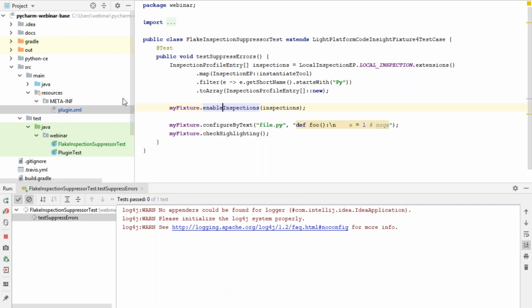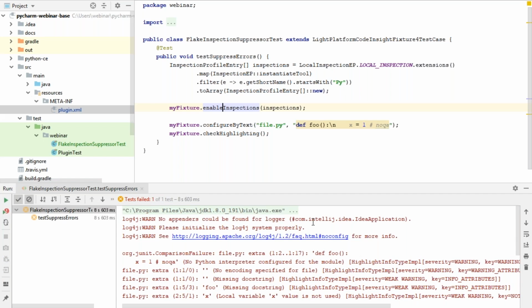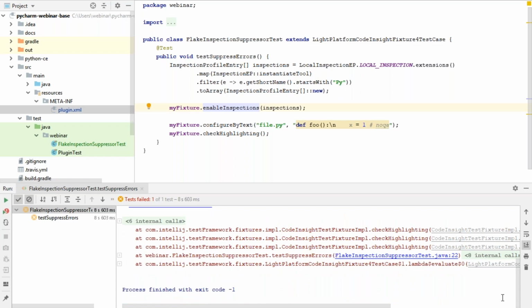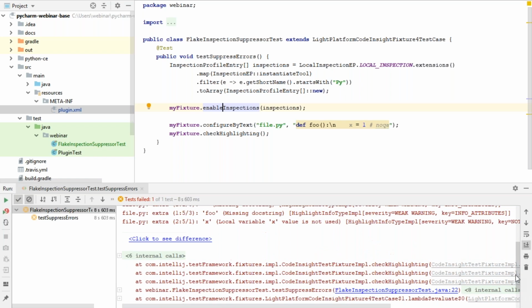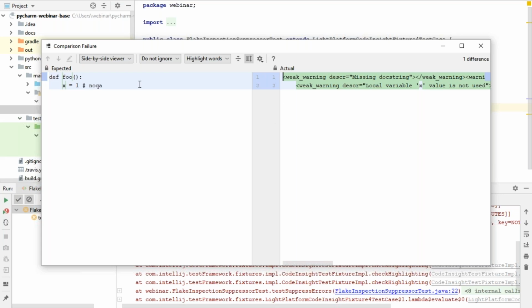Okay, that's looking better. It was compiling because we were not yet using any classes contained in the Python plugin. That's now how it's supposed to look like. The test is failing, of course, because we have not yet implemented anything. And you see that what we have on the left is expected, anything without warnings, and on the right,